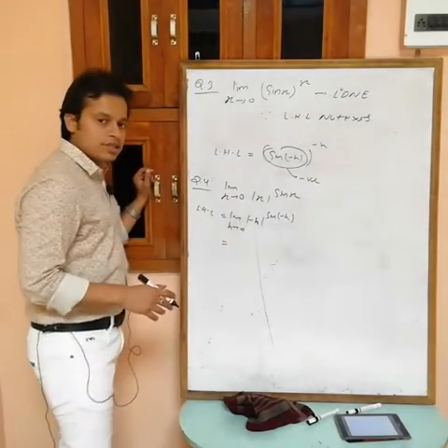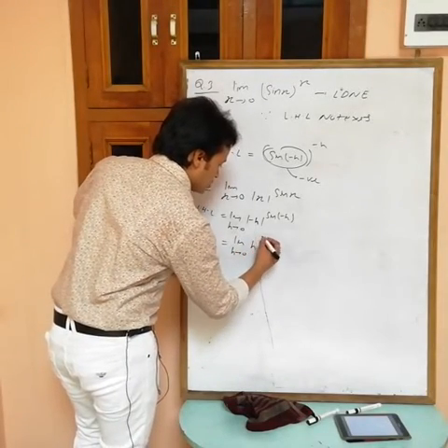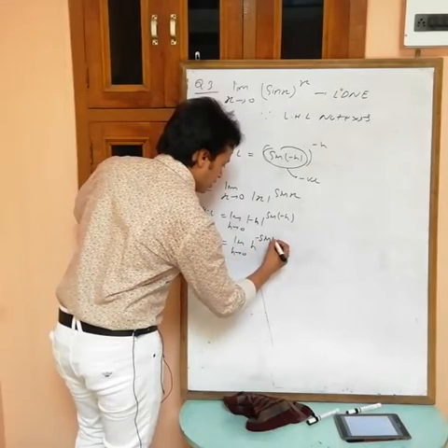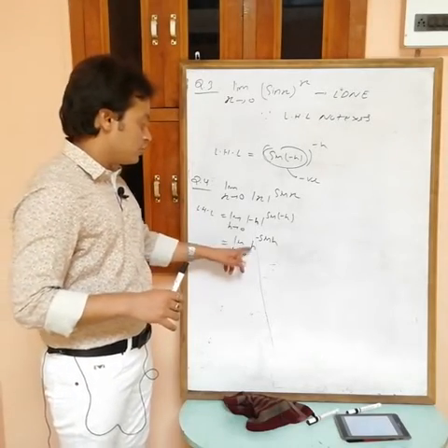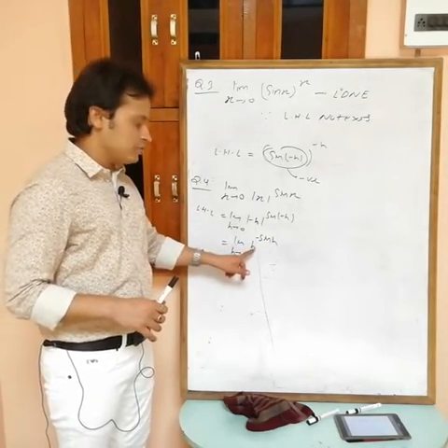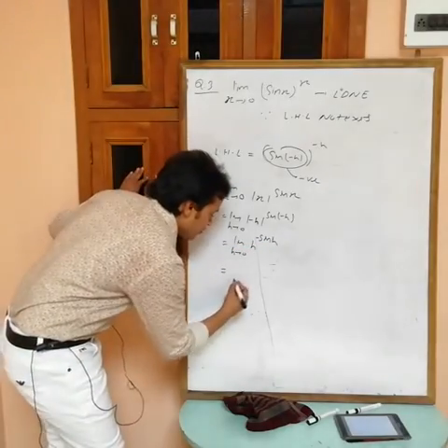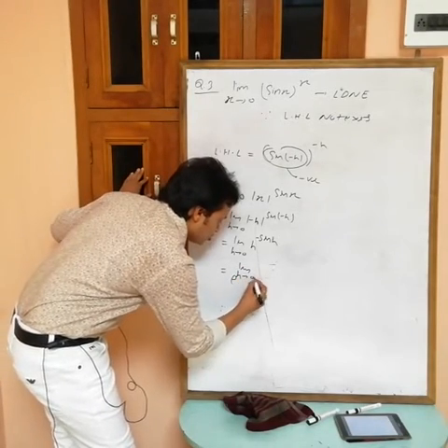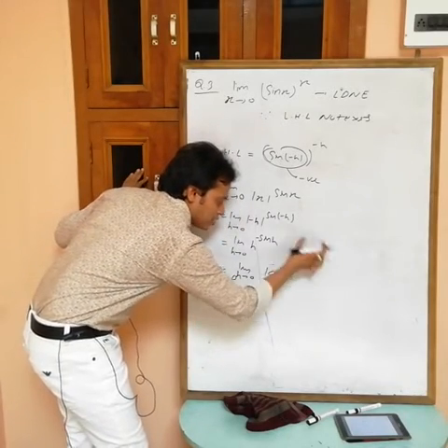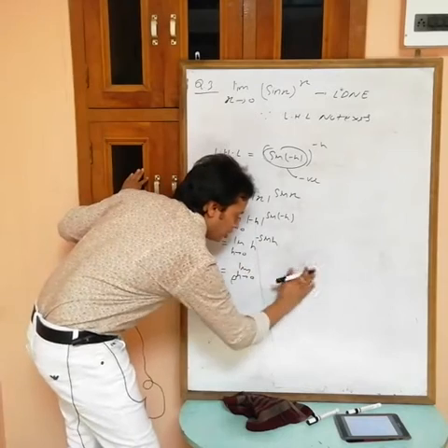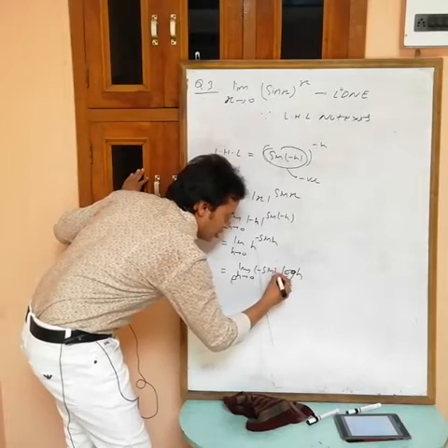Mod of minus h is equal to h. Limit h tending to 0, h power sine h minus sine h. Okay, again this is 0 power 0 form. If you put h equals to 0, this is 0, sine 0 is also equal to 0, so 0 power 0 form. So again same thing, e power limit h tending to 0 log of h power sine h. H power sine h, sine h again I can write in multiplication. So log of h power sine h, that is sine h times log h.